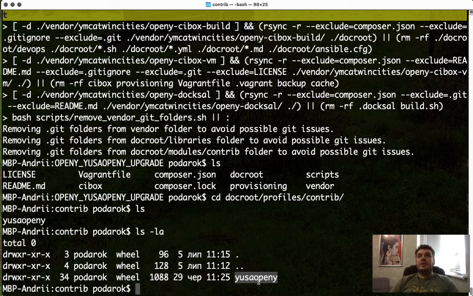After you upgraded your code base, you need to proceed with the standard procedure of upgrading database by running drush update db and checking OpenY upgrade tool logs for config changes